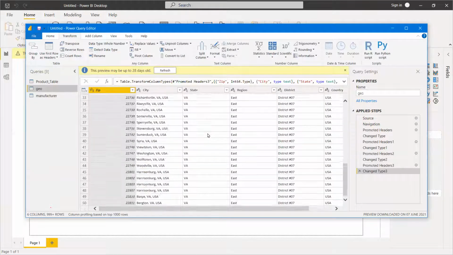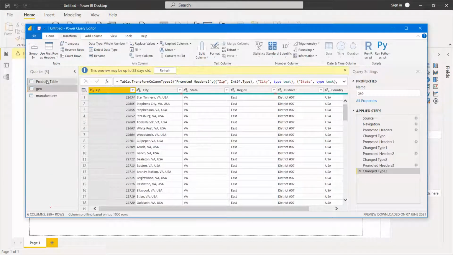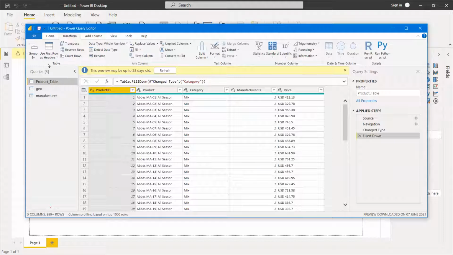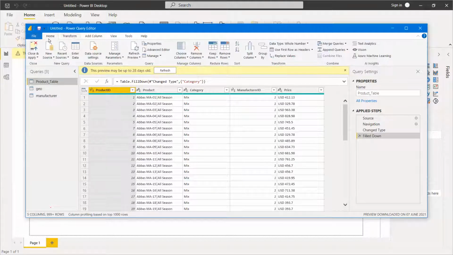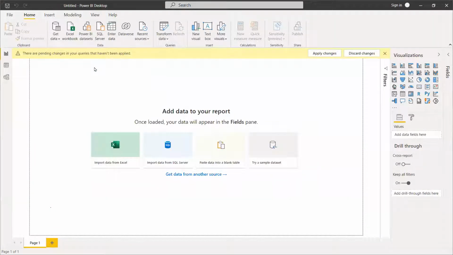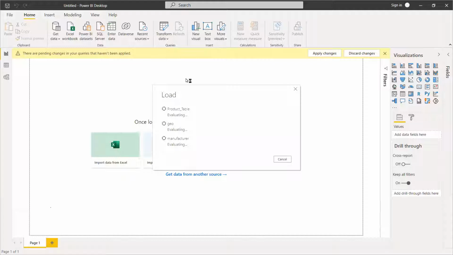And now in order to load the data in Power BI Desktop, we would use the option under Home, then Close and Apply. It would load our data into a Power BI Desktop file.